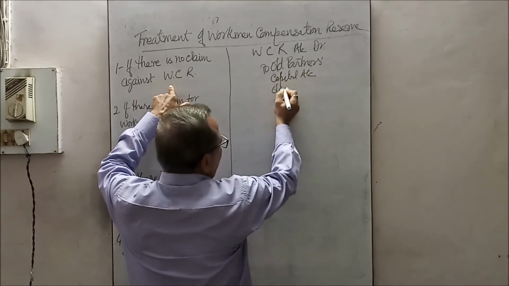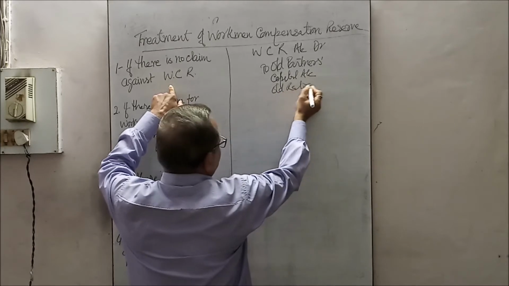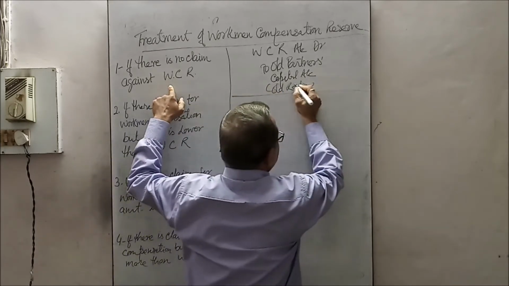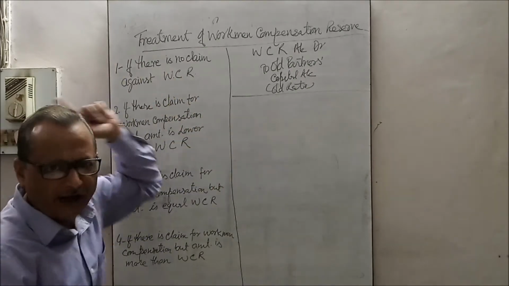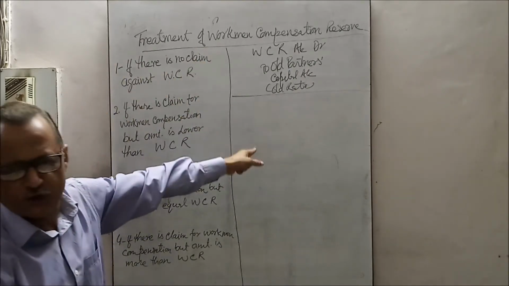Which ratio? Old ratio. This is the entry. When there is no claim, the whole of the reserve should be distributed to the old partners